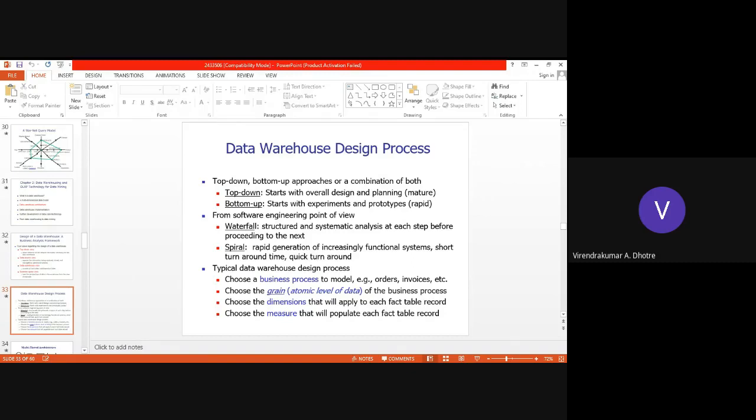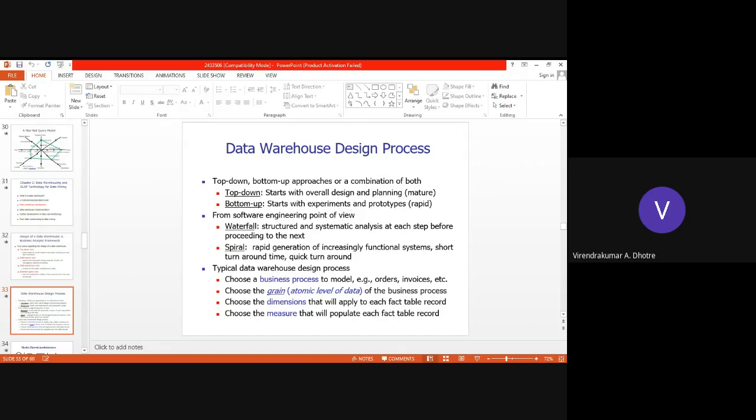The data warehouse business process allows you to set the grain, so there will be atomic levels of data in the business process. The data warehouse design process allows you to choose the different dimensions which we can apply to the fact tables. It also allows you to choose the measure.